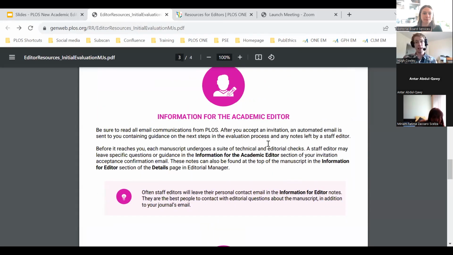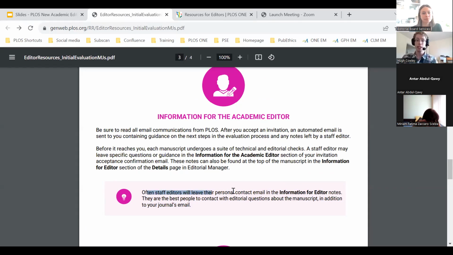When you receive, or when you agree to handle a manuscript, you'll receive an email with information from us. In some cases, there will be information that the staff editors have added to bring to your attention. I won't go over every single possible example of this because there is a wide range, and some of them we sort of decide on the spot. But this is just to emphasize that because all of our correspondence with you is by email, you will need to read the email in full to make sure that all those matters are brought to your attention.